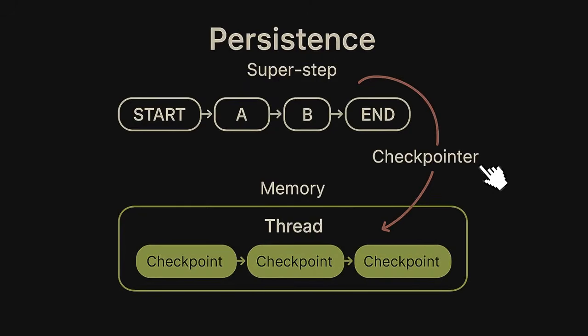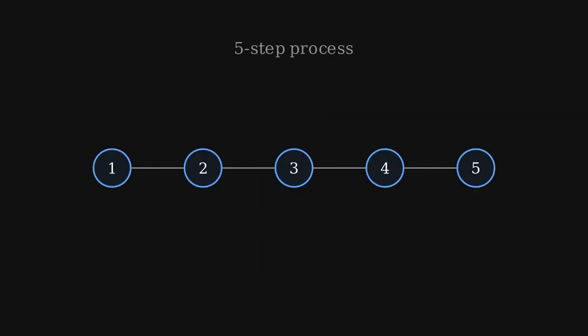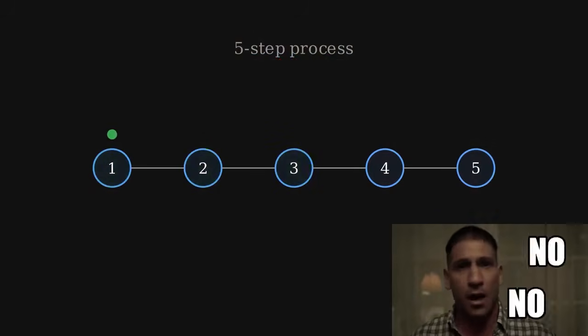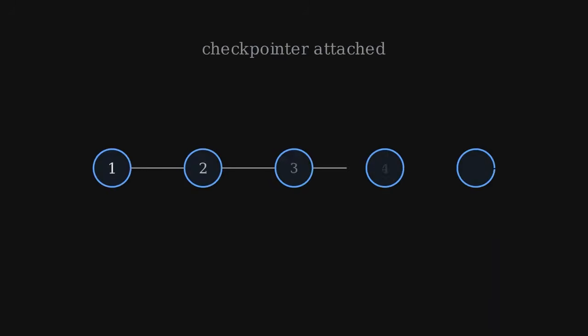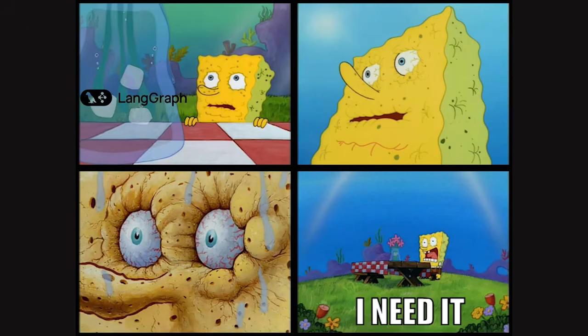Okay, now let's move to the last bit. LangGraph attaches a checkpointer to your graph, and every single node execution gets its state saved automatically. So picture the research agent 3 steps into a 5-step process when the server restarts, or the process crashes, or you just deploy a new version of your code. Without checkpointing, that agent starts completely over. With a checkpointer attached, it resumes from exactly the node it was on, with all its state intact. That is durable execution.